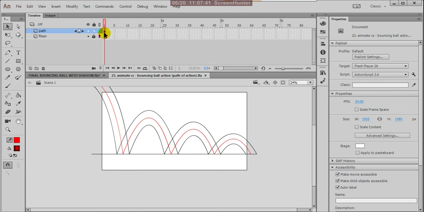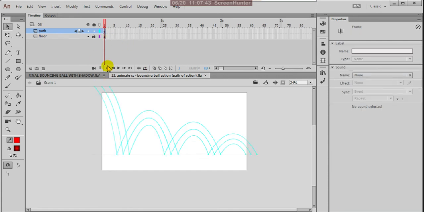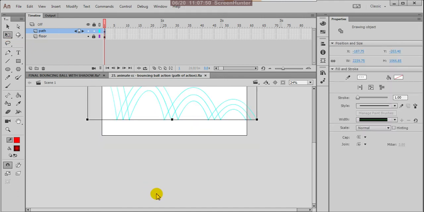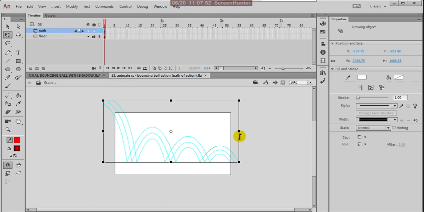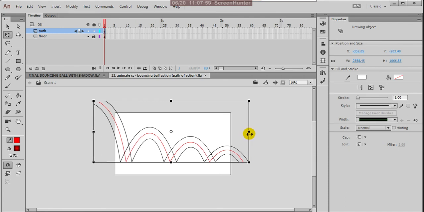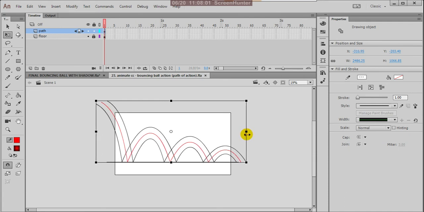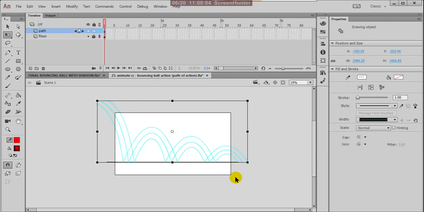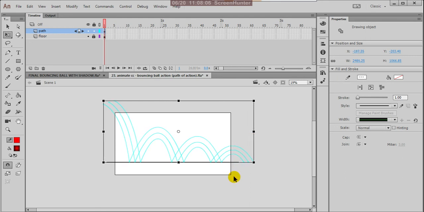So then what I'm doing, select all these things and press Q. Q is for the transform tool. Okay, so you can transform this. That means you can extend a bit outside. Yeah, this is my final path.